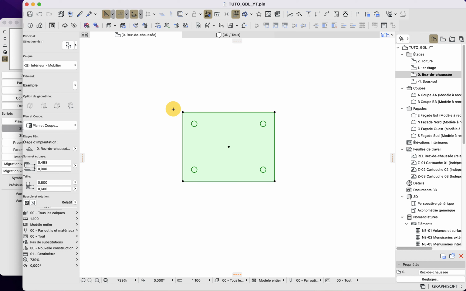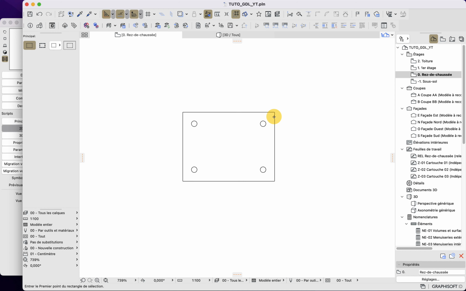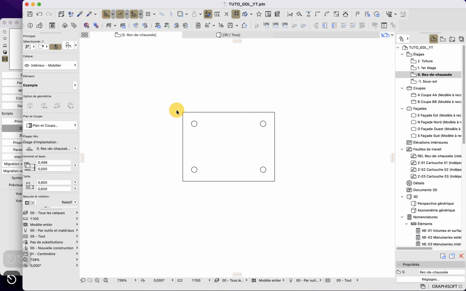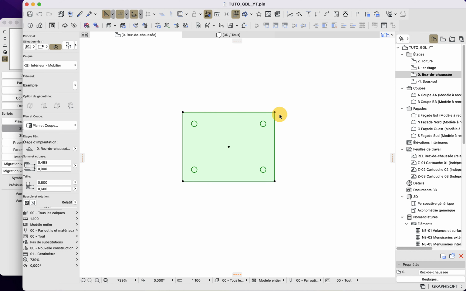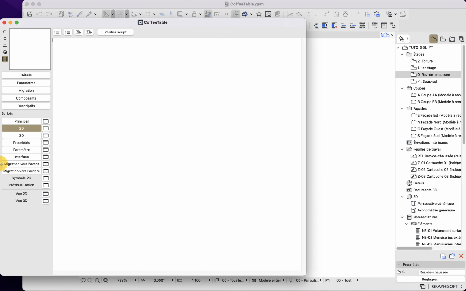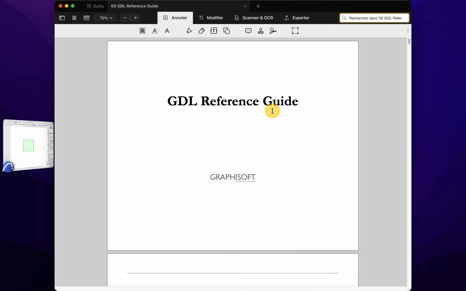You can see that this table is made of a specific shape and some specific line work. It also has some attributes that will help display how the line work looks or is visible, and a field that allows it to be a solid object that can be displayed on top of a background, for example. So here, if you do not know where to begin, you can go into the GDL reference guide and look for some specific 2D shapes.